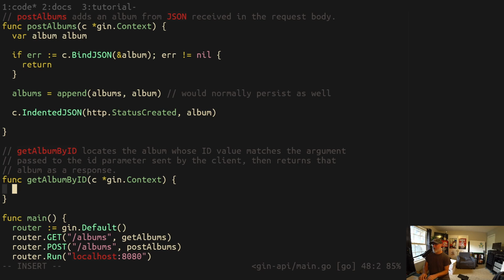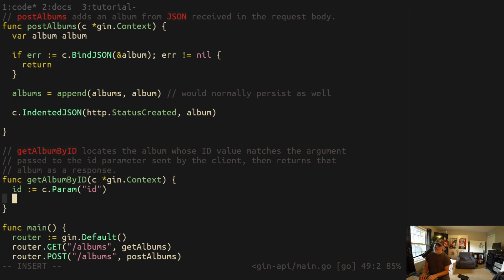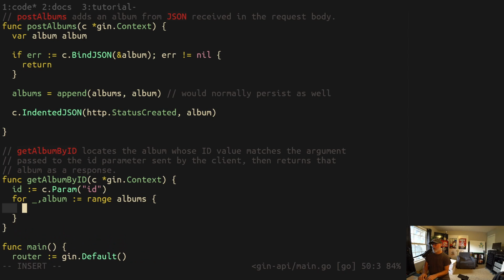So we need an ID. So we could say ID equals c.Param("id"). Is that right? Yeah, I got it. Okay, and then we're gonna loop through the list. We're going to say for all of the different, do we need the number? Probably not. For the album in range albums, we're going to say if album